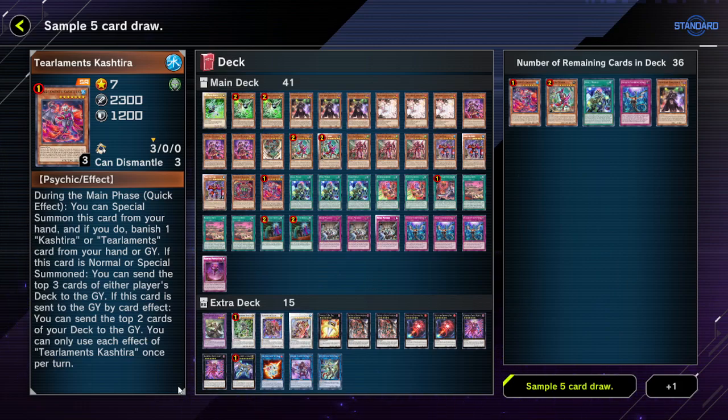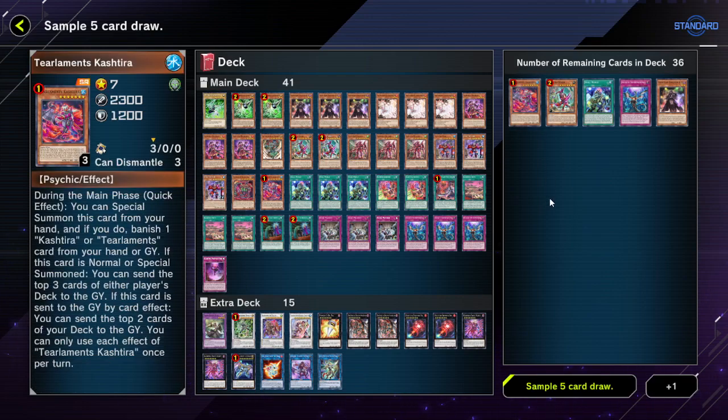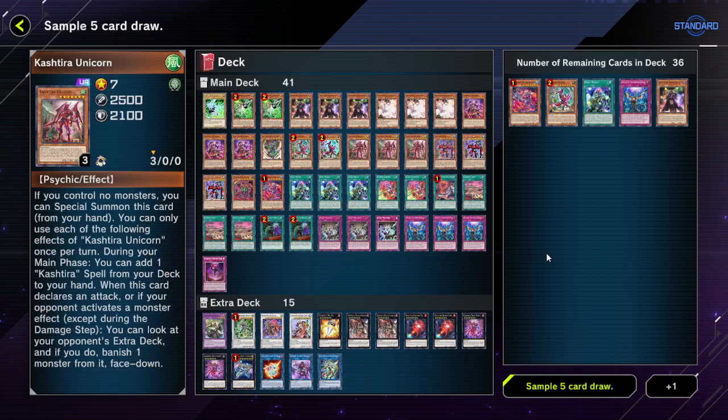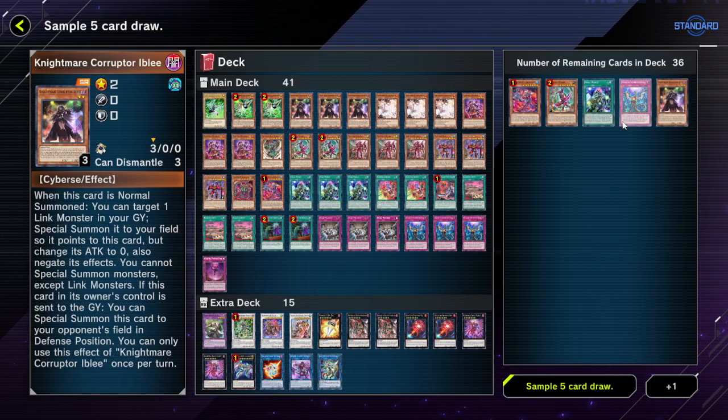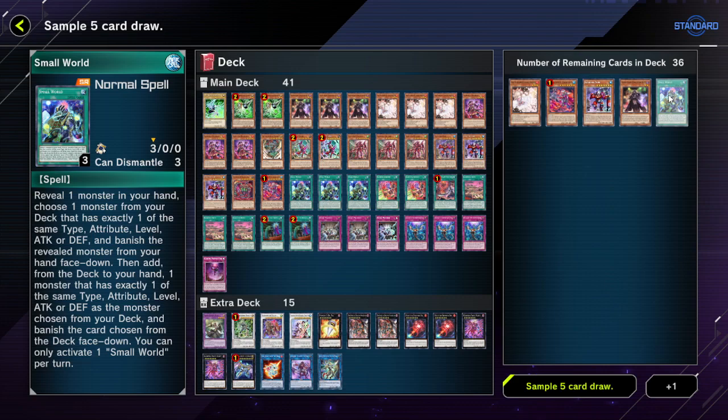Because my opponent will not be able to, well, I mean, not my opponent. My Rise Heart would be able to unbanish my Tier Limits Kishtira. So, they'll be chillin'. So, just simply go banish Tier Cash, banish Gamma, adding Unicorn. So, yeah, that's pretty versatile, and then we can do, like, special summoning Unicorn, normal summon Iblee, and then that's fine. We also have infinite impermanence in case something goes wrong, I guess. So that's chill. And then here,